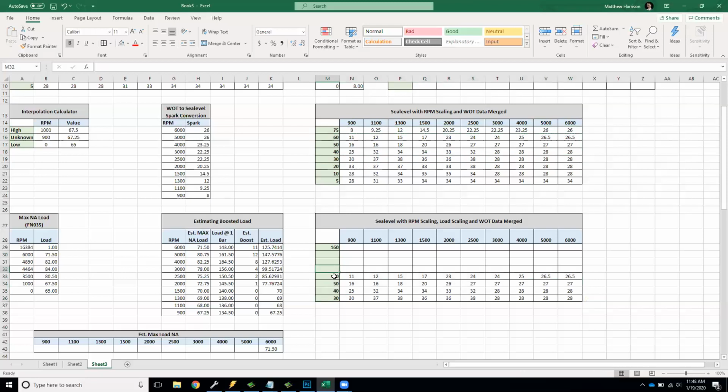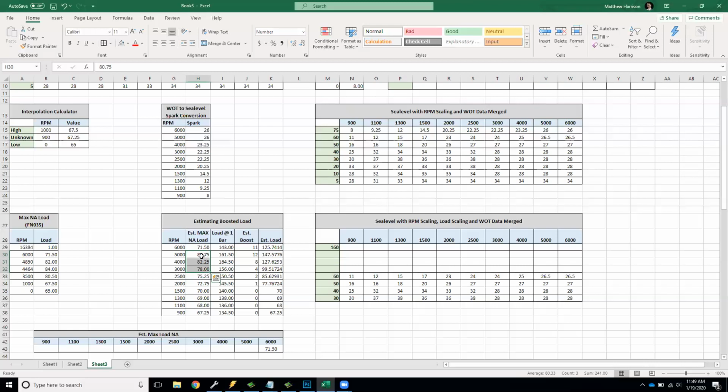Okay, now we've got a few more that we can work with, and we have to decide what do we want to keep, what do we not want to keep. And this is the next important thing that I'm trying to decide. So now that we know about where we make our max power naturally aspirated, we know what load that's going to be at. I want you to look at a commonality. This is a lot of where our performance is going to be right here, 3,000 to 5,000. This is a lot of that performance driving. These are all really, really close to 80 load based on actual measurements that we did with logging. So I'm very inclined to have a row in here that's set at 80 because I know if I do that,